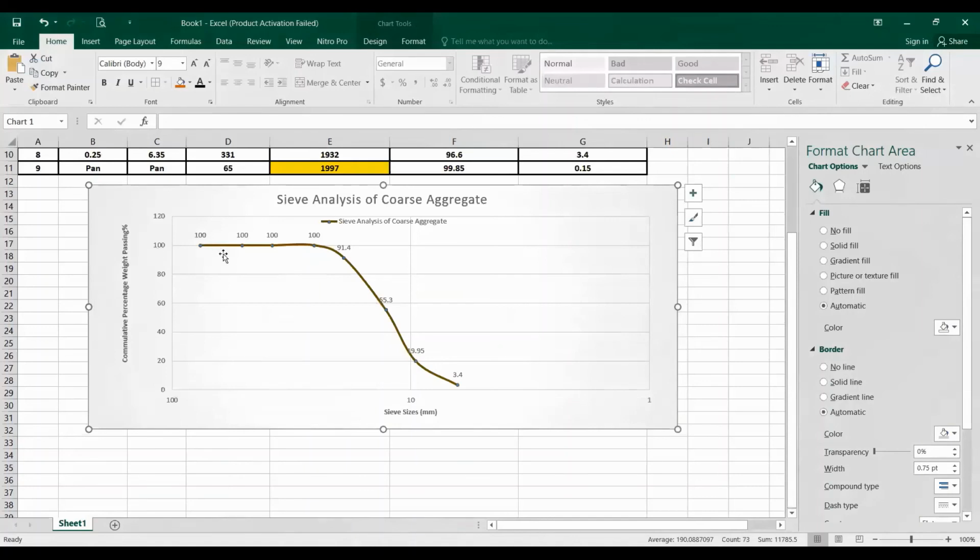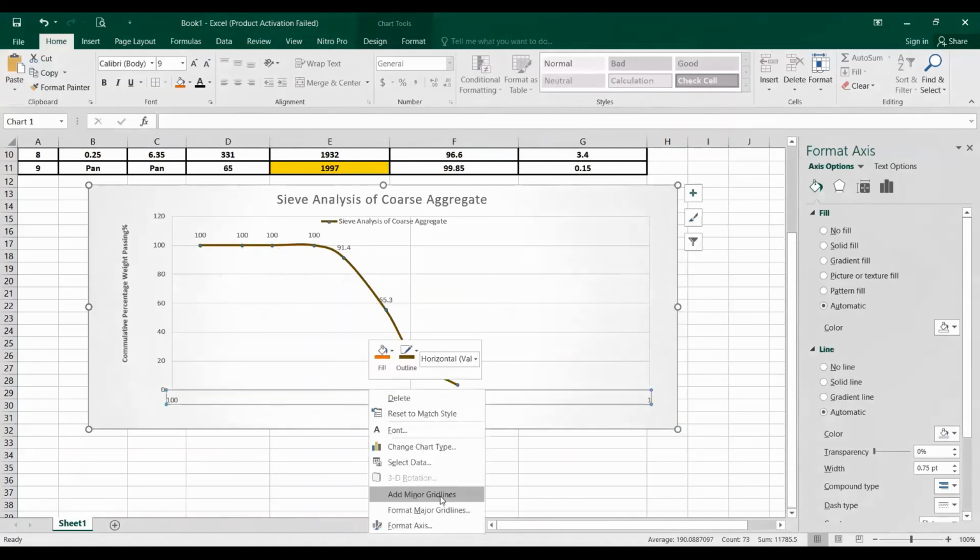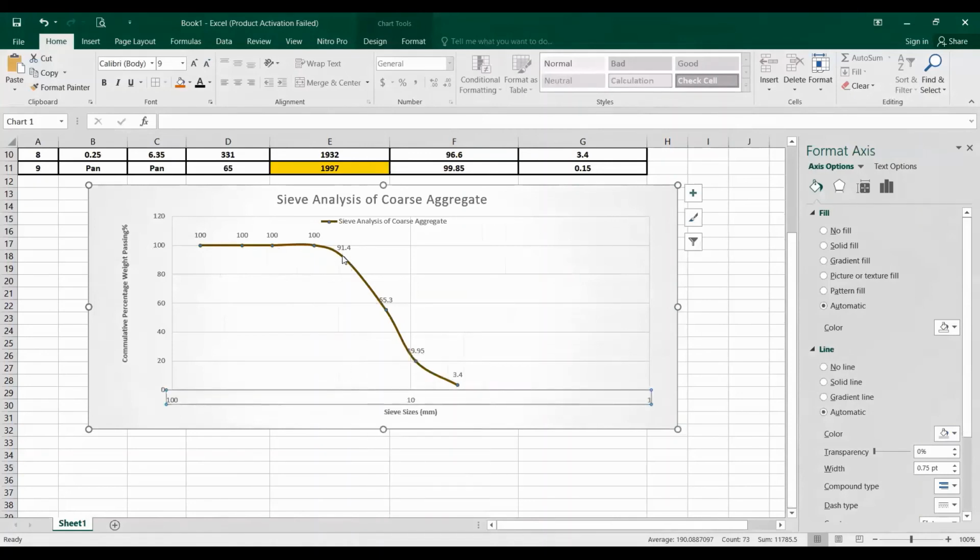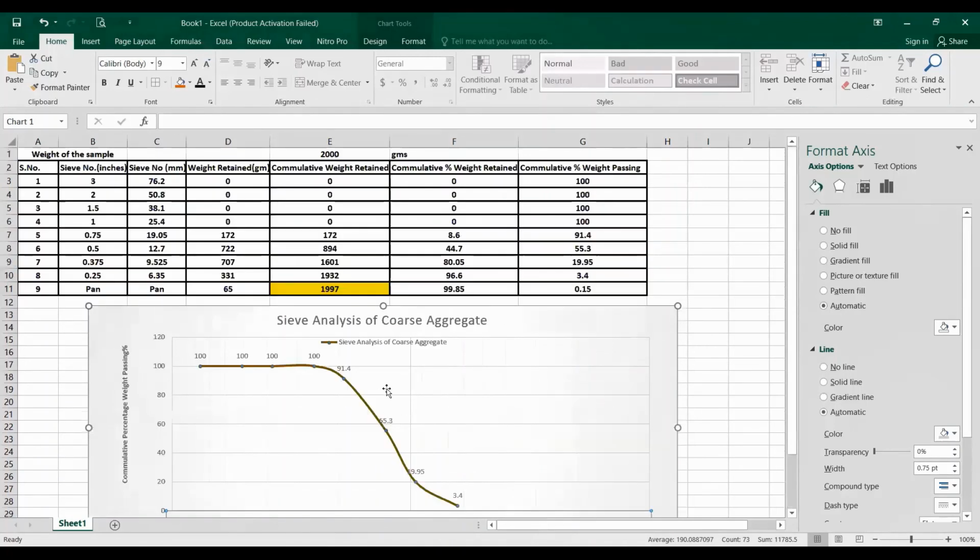And one more thing I am telling you is that on this graph you can see that 100% passing means there is no size of material in between, which is why I first added minor grid lines, and it will help you see how the material is. 91.4% passing means you have material of 20 millimeter in size. You have material of 10, 15, 12 millimeter of size. You will get material of 10 millimeter in size, nearest to 10 millimeter, not exactly 10 millimeter. And then you have material of 9, 8, 7, 6 point something.